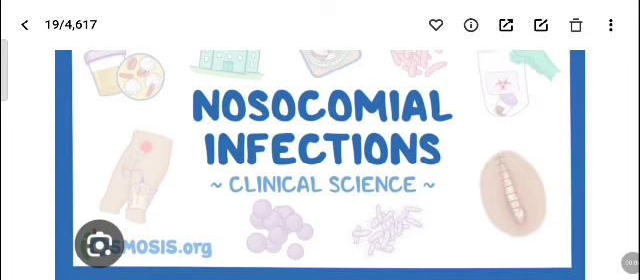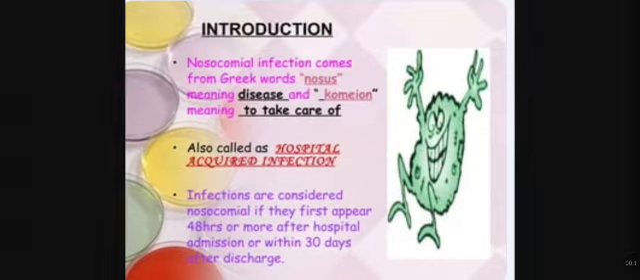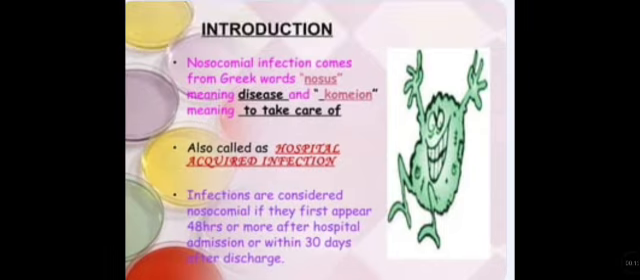Today we are discussing nosocomial infection. Introduction. Nosocomial infection comes from the Greek words nosos, meaning disease, and komeion, meaning to take care of. It is also called hospital acquired infection. Infections are considered nosocomial if they first appear 48 hours or more after hospital admission or within 30